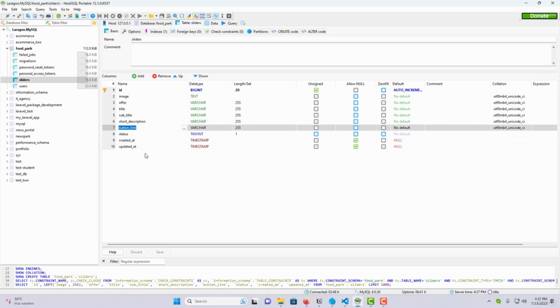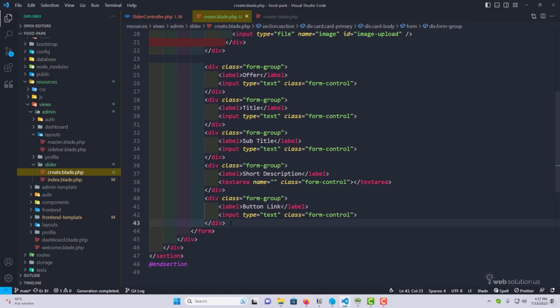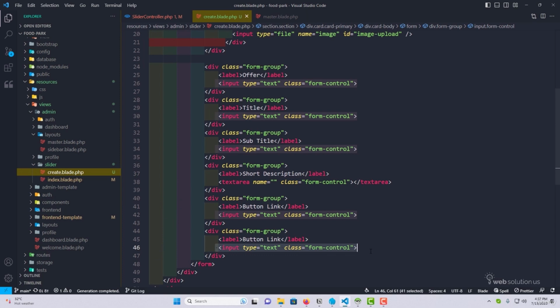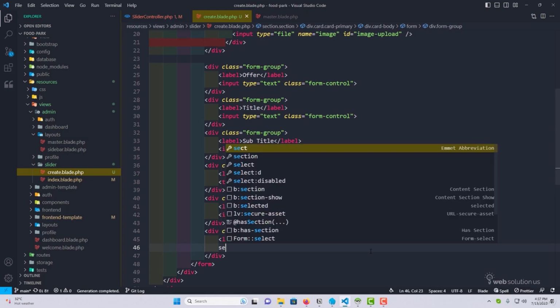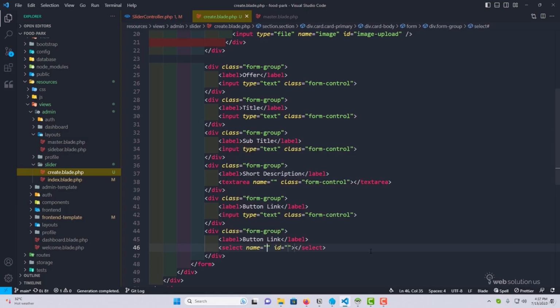And the last one will be the status. So for status we need a drop down actually, so I will just copy this one, paste it again, and the label will be there. It will be a select input, so let's add here select, and obviously don't forget to add the class form-control, and we need some options here. Options,